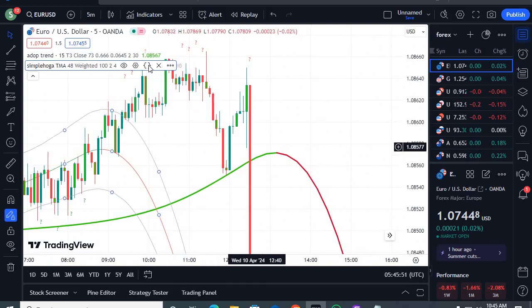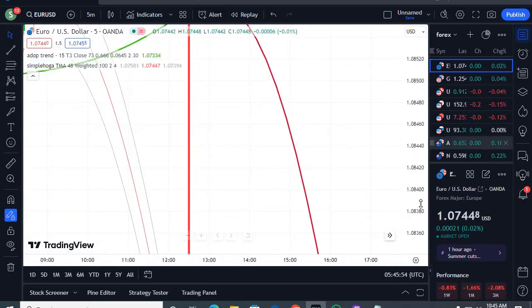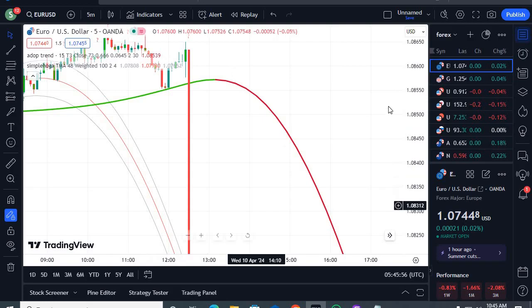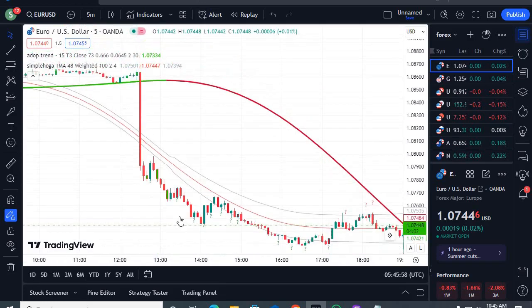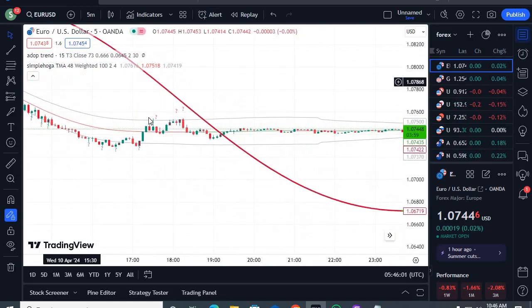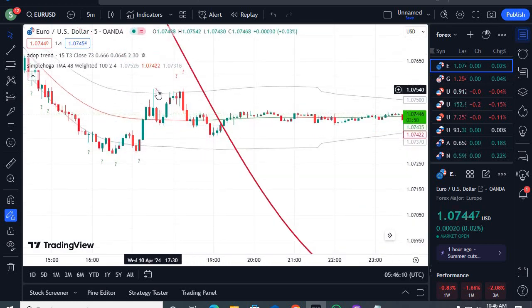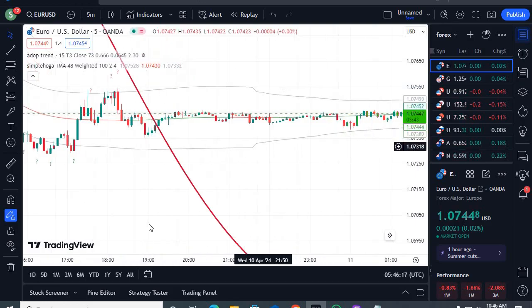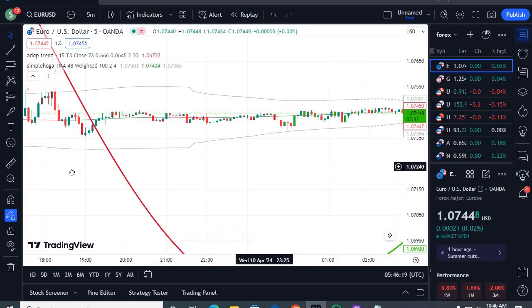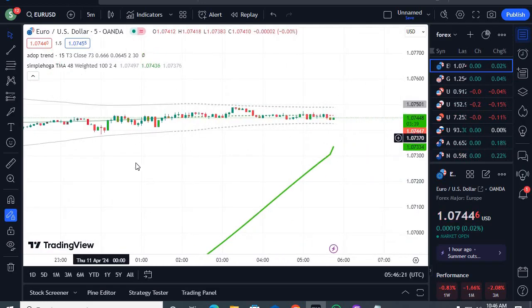Now you can see this is the lower band line, and this is some type of news maybe, I think. Now you can see you get the sell signal and you need to book the profit when the candle crosses the adopt trend line. You get a sell signal, you can go for the sell trade from this point and book a very small profit at this point. Now the adopt trend line is crossing the lower band line, you need to wait for the buy signal. When you get the buy signal, you go for the buy trade.